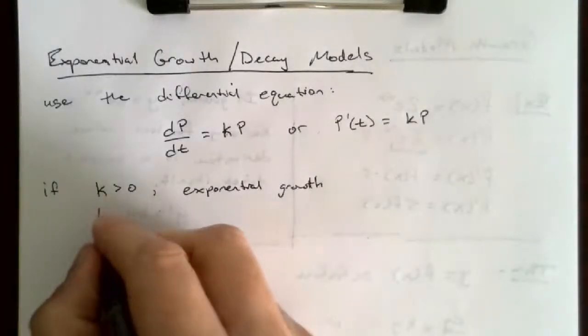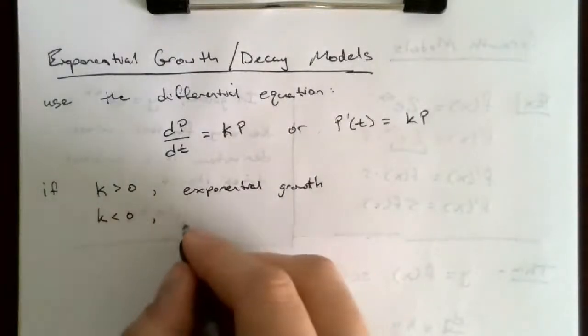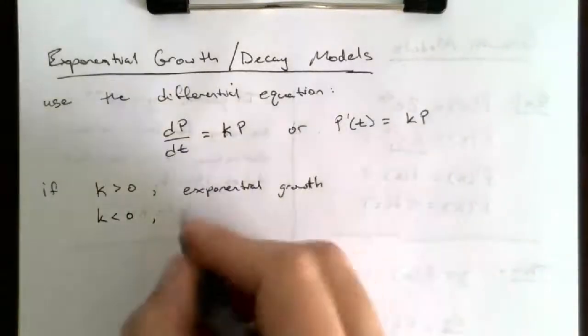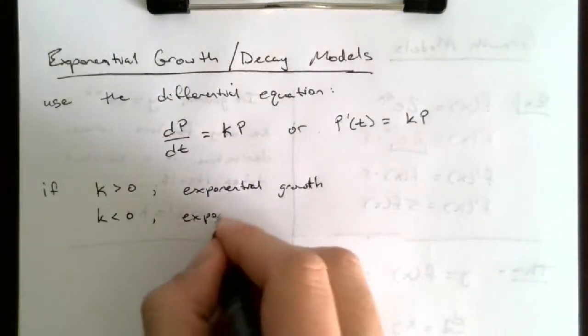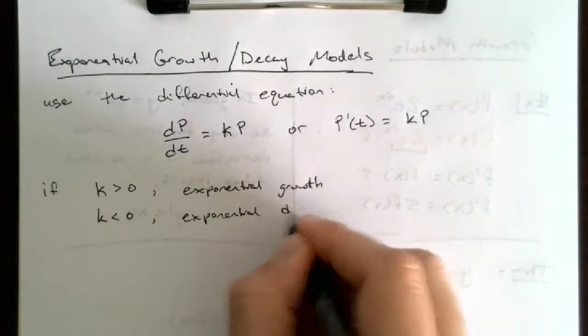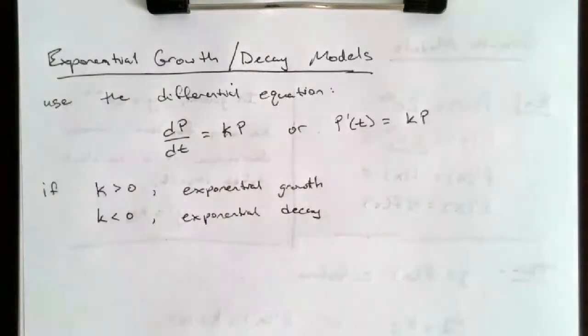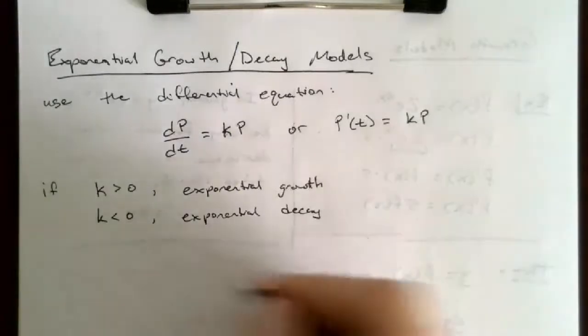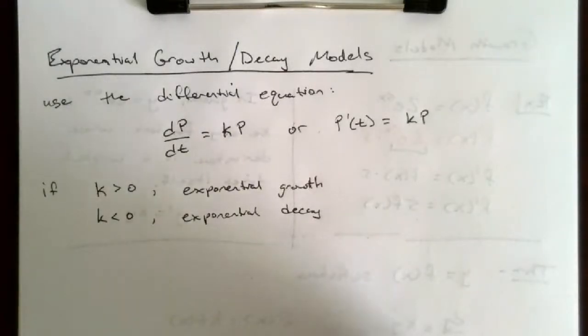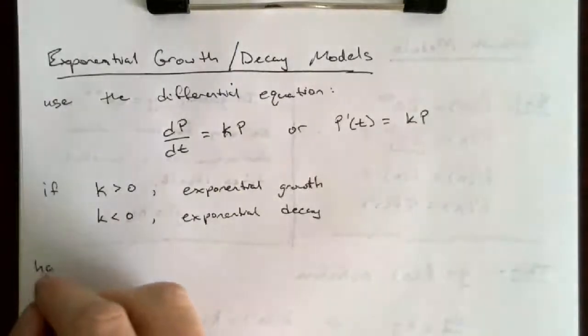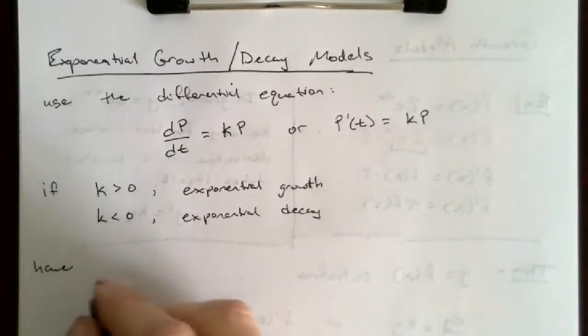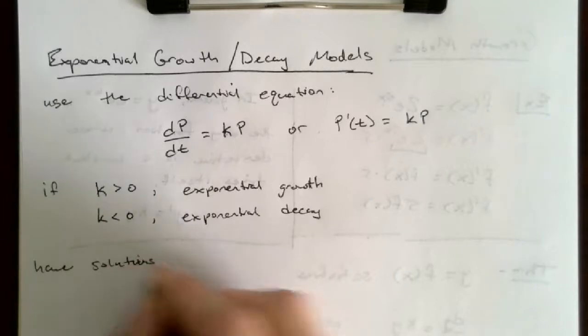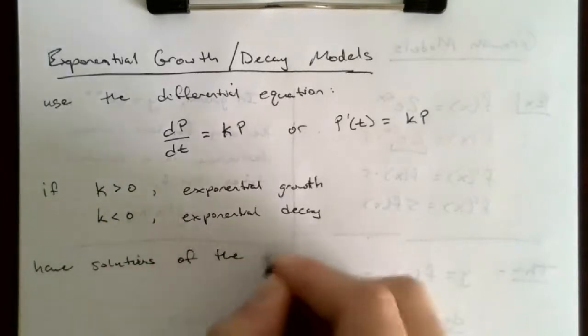And if k is less than 0, you see a negative value there for k, then we know we have exponential decay. So they use these models, and then they have solutions of the form